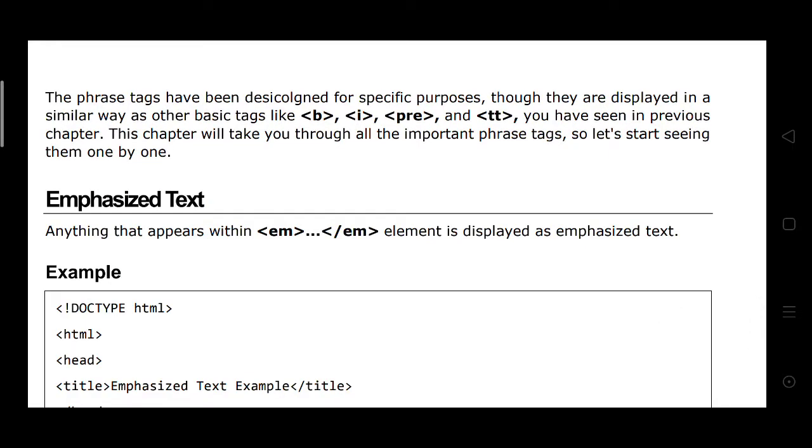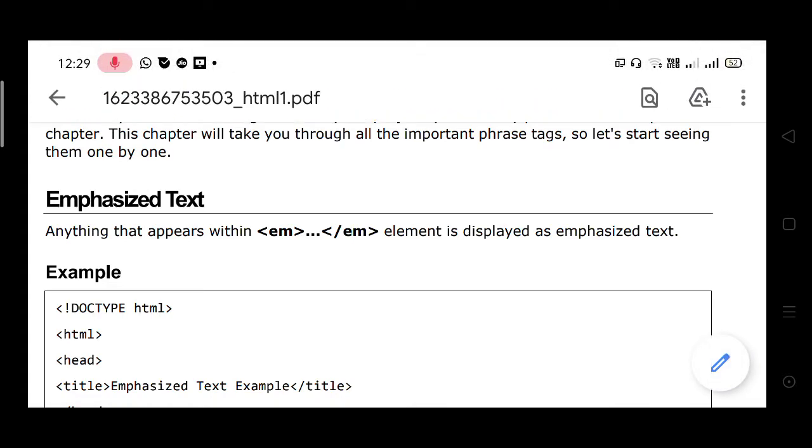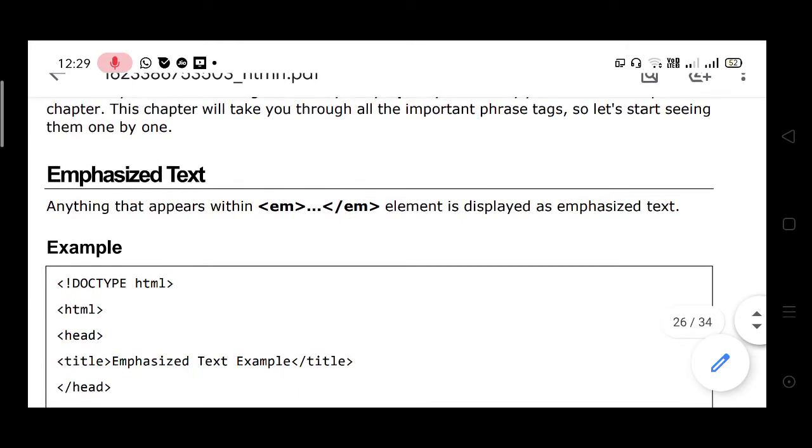In this chapter we see through the important phrase tags. So let's start seeing them one by one.